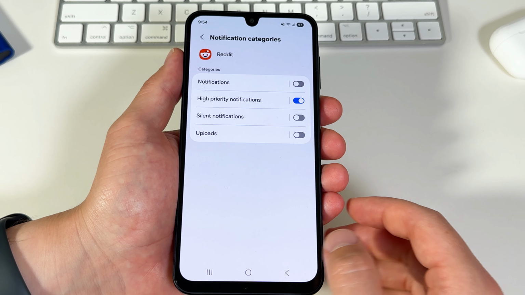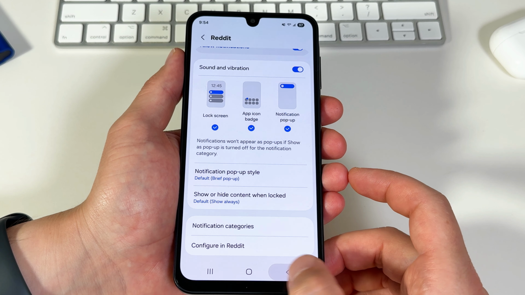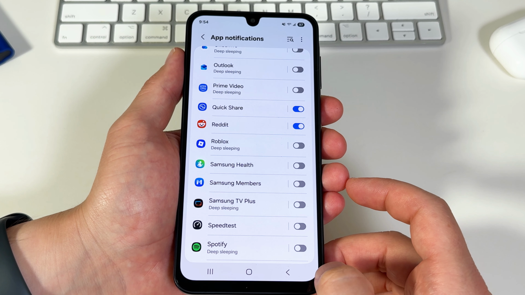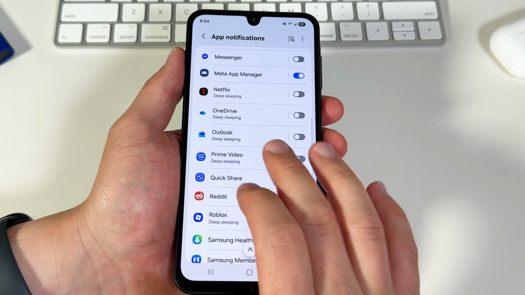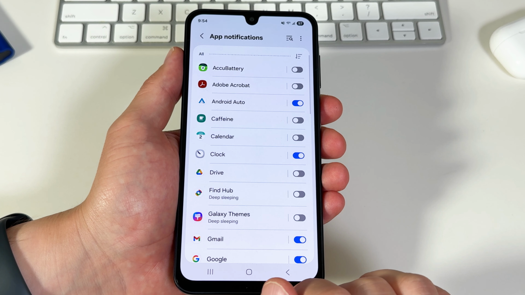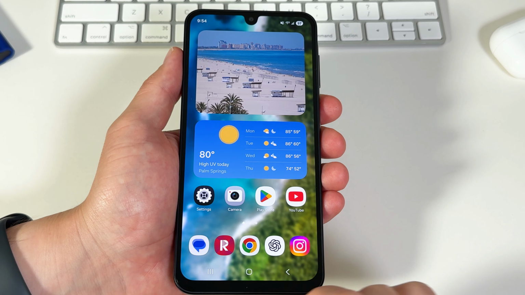The categories vary between apps. Some have more categories available, some have less. But this is a great way to adjust your notifications if you want more control over what is shown and what gets hidden. And that's how you control your